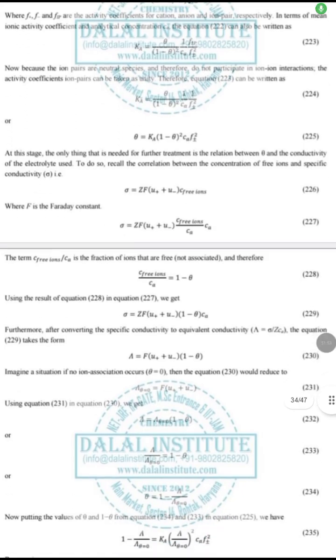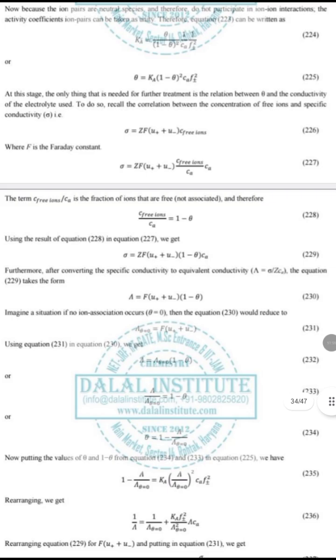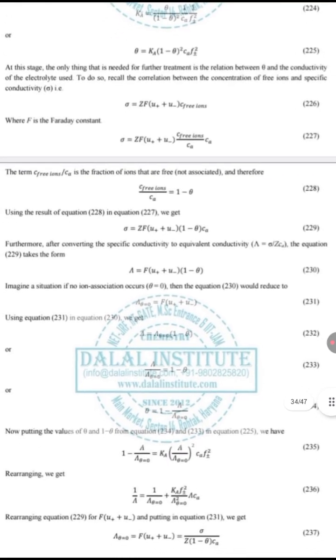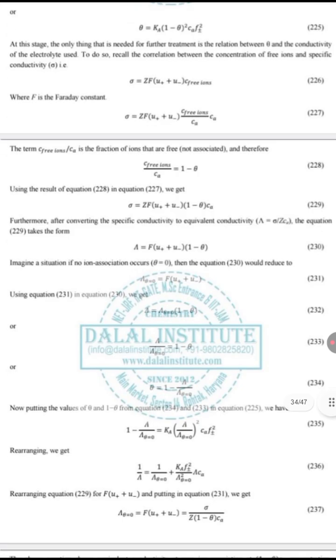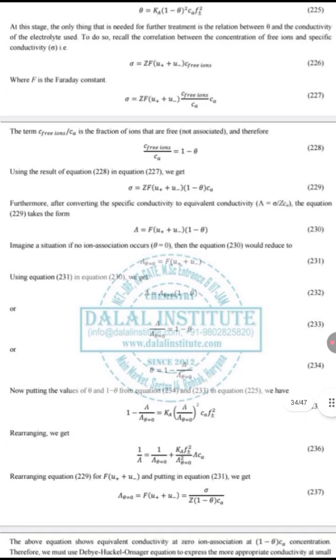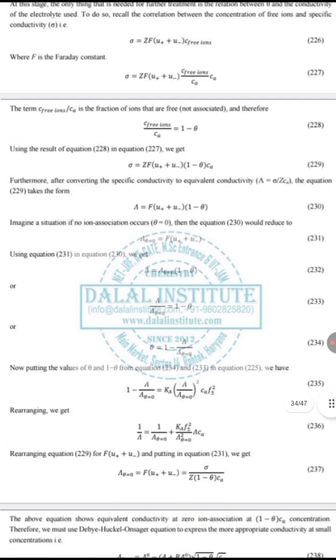Or theta equals Ka into (1 minus theta) square into Ca into (f plus minus) square, equation 225. At this stage, the only thing needed for further treatment is the relation between theta and the conductivity of the electrolyte used. To do so, recall the correlation between the concentration of free ions and specific conductivity sigma,